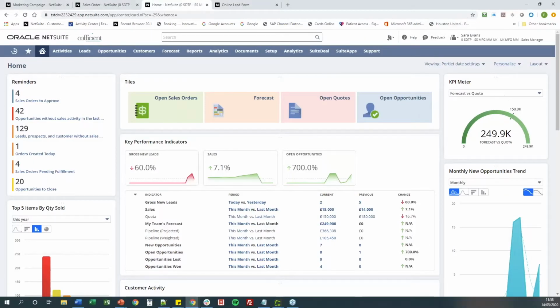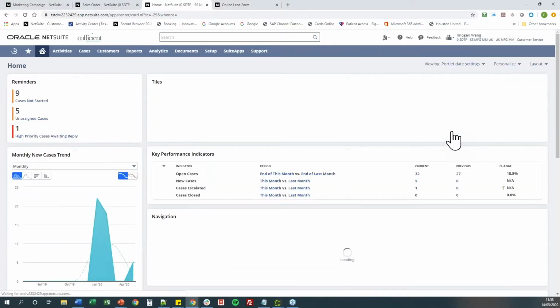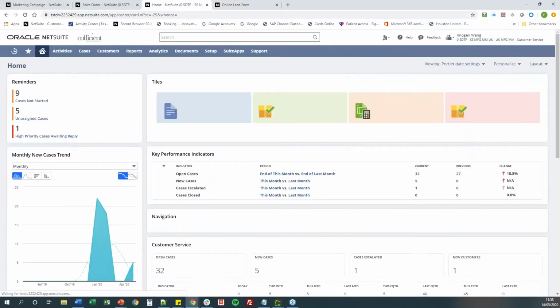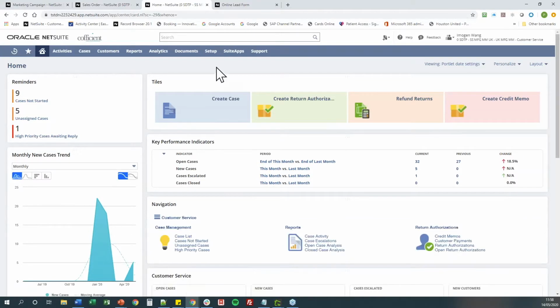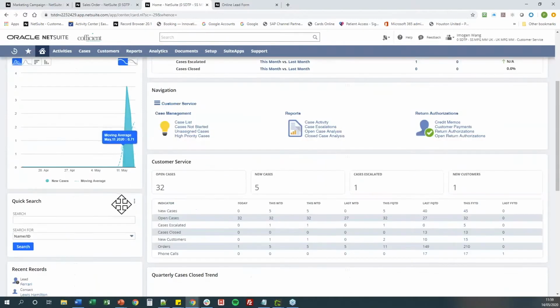So if I just go back into the system here, and I'm going to go down to a customer services role. Now, in the same way as the sales role had things that were focused on leads and opportunities, in here we're focused on cases, customers. Again, you've got reports, and again the dashboards are more focused on those given items. So you can see, KPIs can be set up on the system, trend graphs about new monthly cases or daily cases, even reminders, and all this other wonderful stuff that you can have on here, including